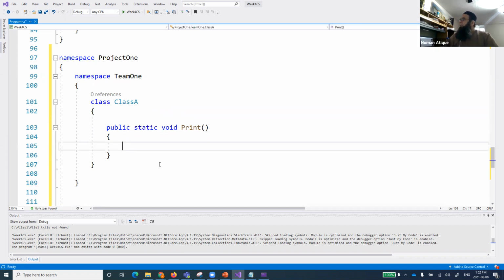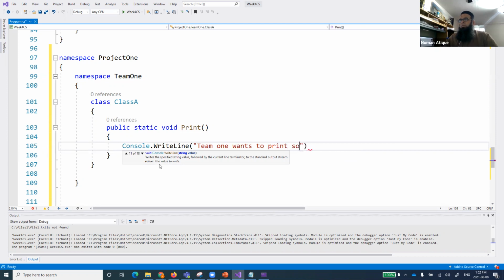Now let's do what I want to do: I want to print something. Console.WriteLine, and I will say that Team 1 wants to print something, right? This is one method that is being defined inside this Team 1 namespace.